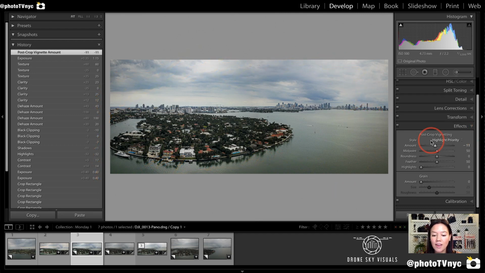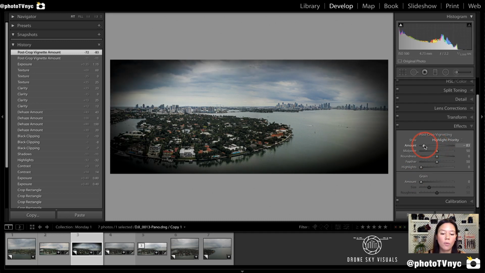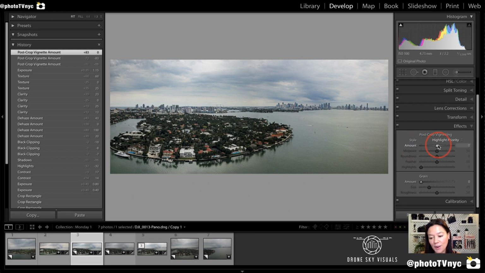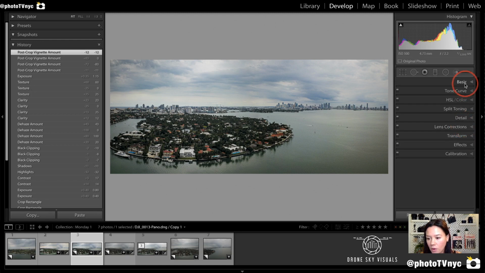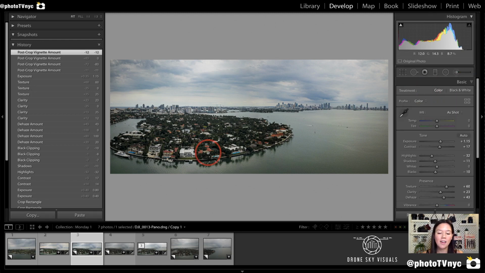And this is a great adjustment where we can do vignetting because it does it automatically. And again, you want to do subtle adjustments. If you do go all the way with the vignetting, you're going to start having this antique looking photo, and we definitely don't want this on this modern and awesome photo taken by Dural Sky Visuals. There we go. Now that I'm happy with this effect, I'm going to jump back to basic because I'm noticing